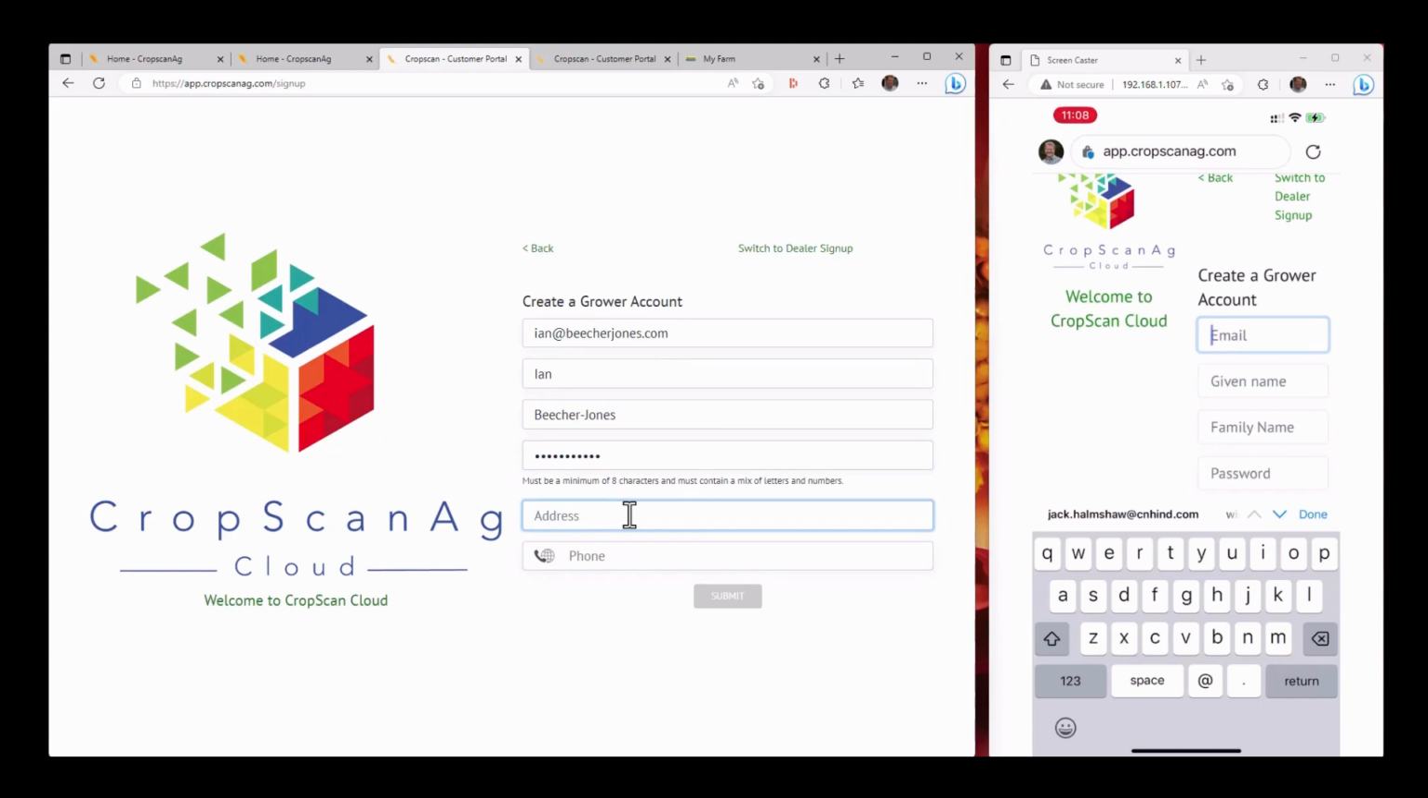And then put in your address. And then on your phone number, make sure that you put in the international dialing code, because that will then allocate the correct units to your account. And so depending on where you are in the world, whether it'll be kilograms and hectares or acres and pounds, will be determined by the international dialing code. So then you'll click submit,